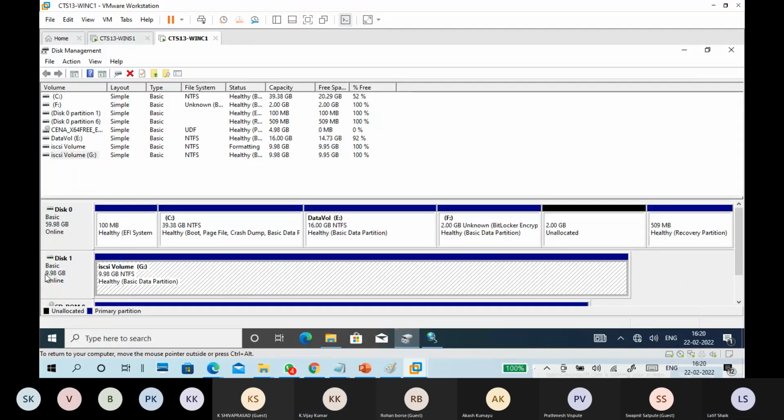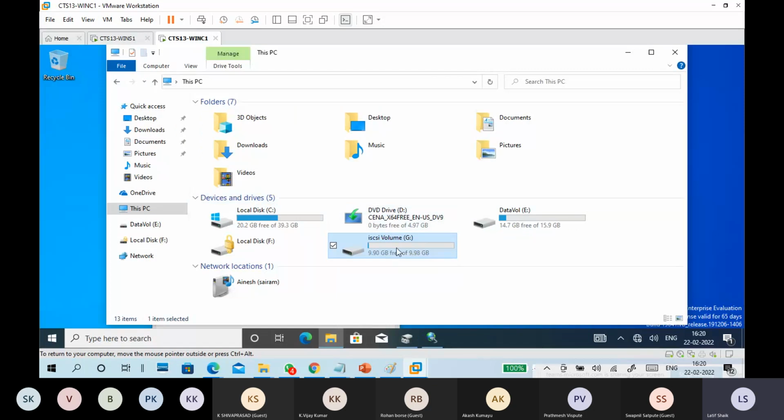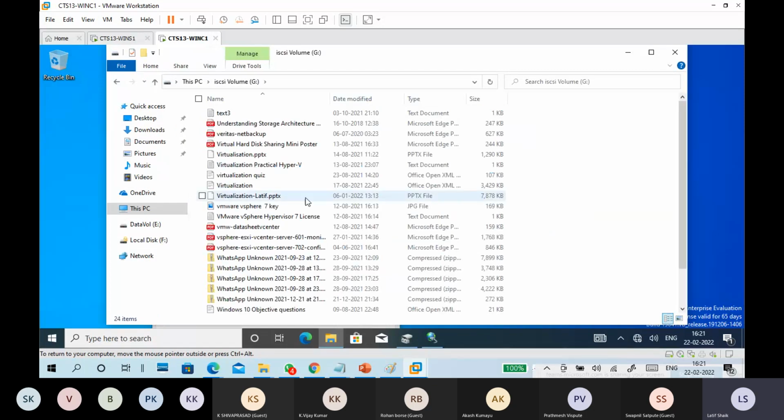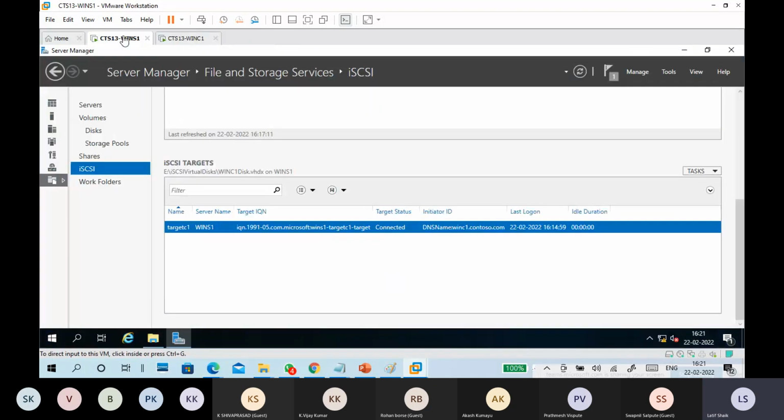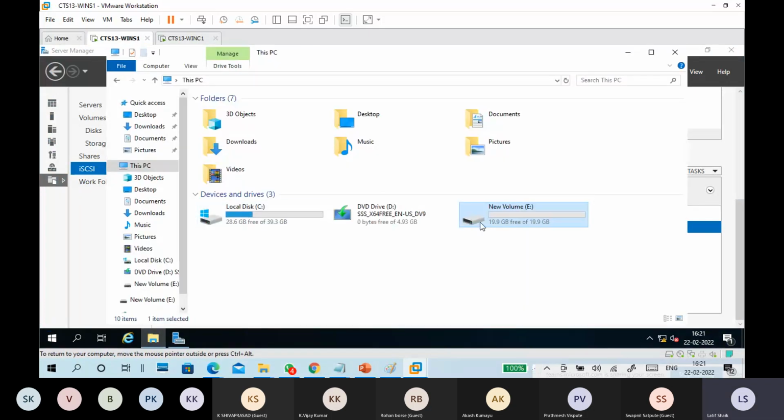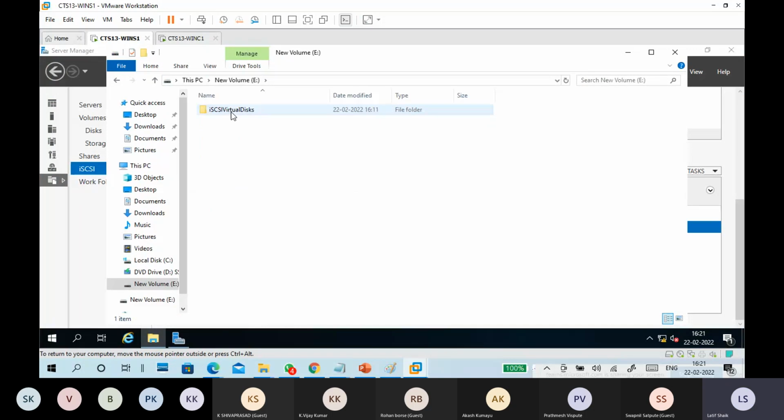So the disk looks like it is attached locally to your physical machine, and whenever you put data, it looks like it is stored in your local PC only. But originally, the data is stored in WinS1, in this particular virtual hard disk.